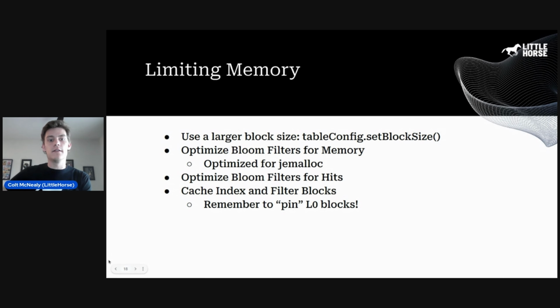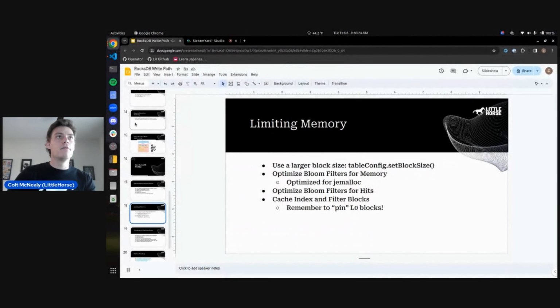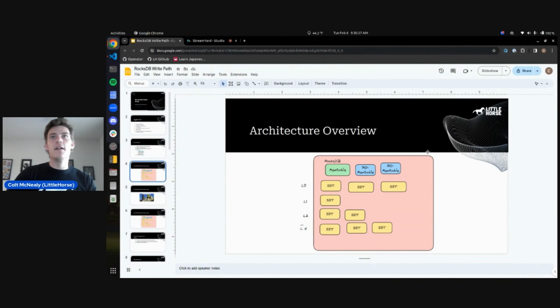That is because if you go back to, I probably should have had more copies of this picture. Anyways, if you go back to here, every SST file has an index on it, and those indexes live in memory. If you have a really big database, like we're talking hundreds of gigabytes or a terabyte, you're going to have a lot of SST files, which means you're going to have a lot of indexes in memory. There is a feature in RocksDB which allows you to put those index files into the block cache, which is